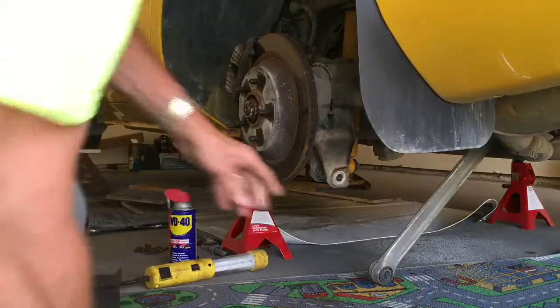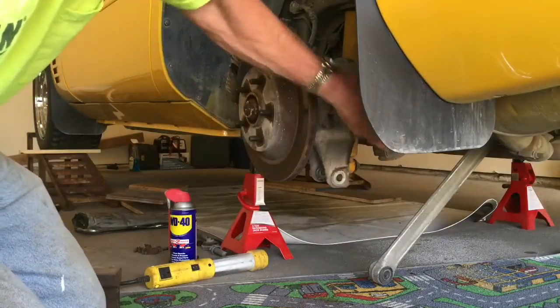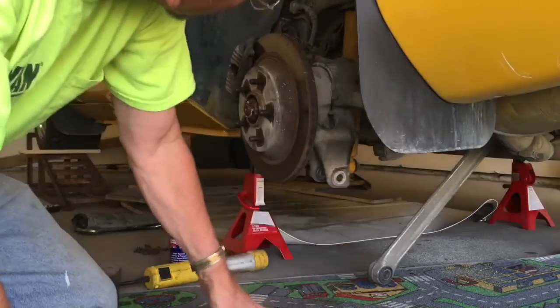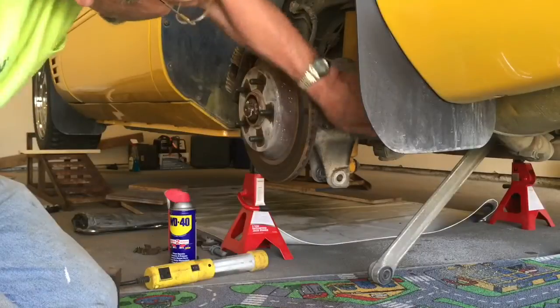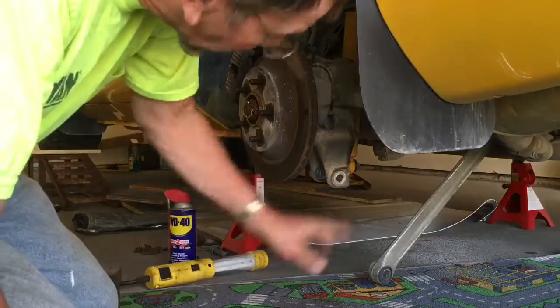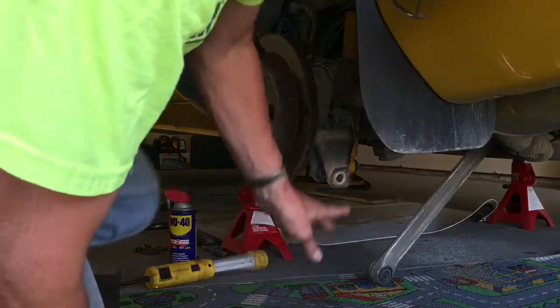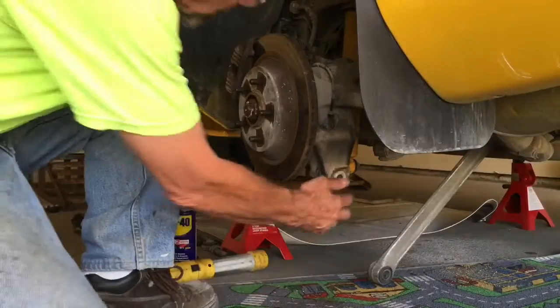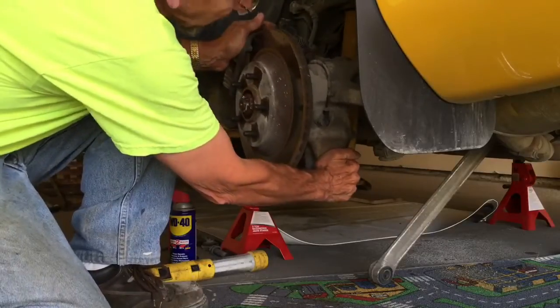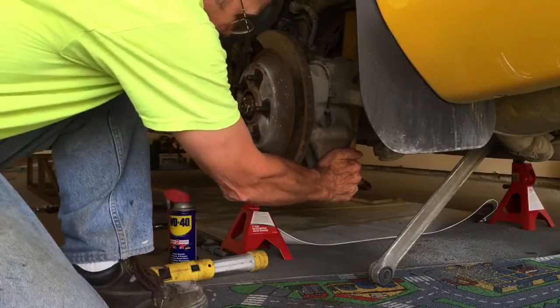Well, the reason you take the leaf spring loose, this lower control arm loose, and the tie rod end that goes up in here loose is because in order to get the half shaft out, you've actually got to pull the hub assembly out. You can see that moves pretty good, and I want to get that out of the way so that